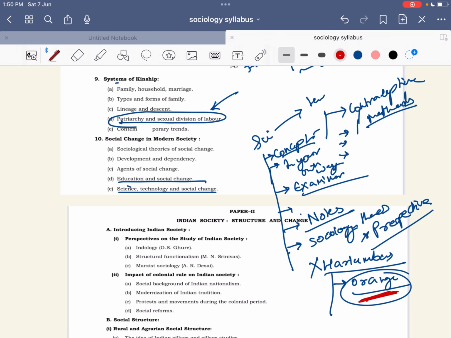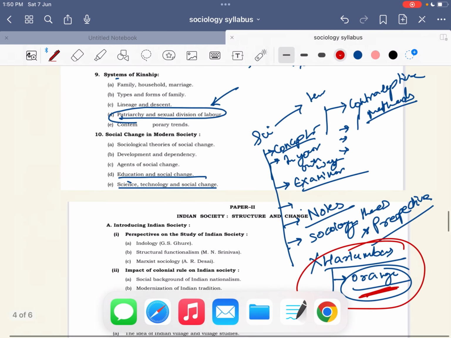ये इम्पोर्टेंट है, मार्क करो मेरा वर्ड। ऑरेंज हरलम्बस ही खरीदना. अगर वो भी नहीं मिलता तो कहीं से उसकी पीडीएफ ज़रूर मिलेगी तुम्हें, और उस पीडीएफ का आप लोग ज़ेरॉक्स निकाल लो. लेकिन ऑरेंज हरलम्बस ही चाहिए. समझ रहे हो बात को.